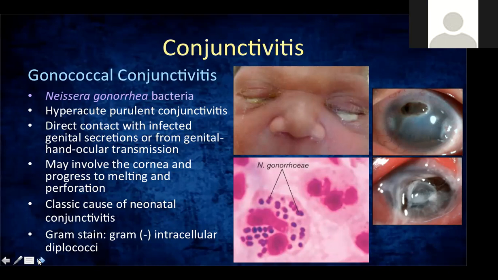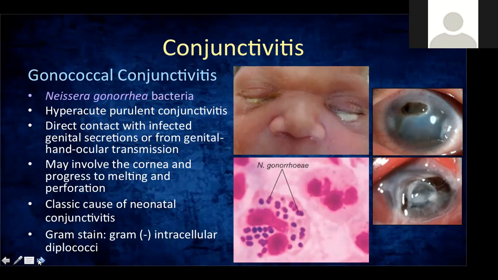I don't know if you've heard of some patients na naniniwala pa rin sa mga sinasabi ng elders nila na magpapatak ng ihi sa mata for conjunctivitis. So we do encounter these patients. They start off as your typical conjunctivitis or sore eyes, the viral type.